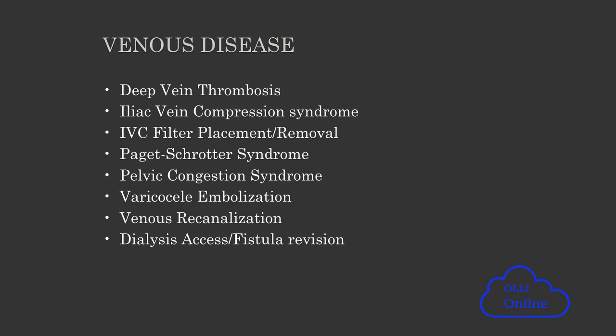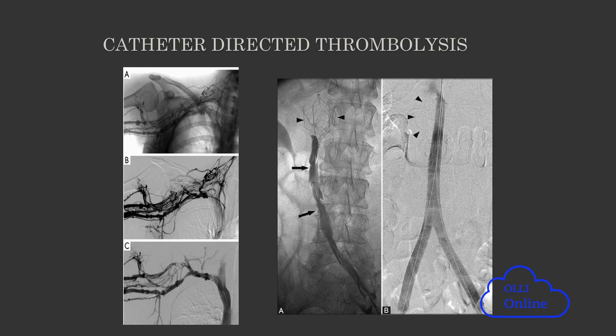We do lots of stuff with venous disease. This is an example of something called Paget-Schroetter syndrome. So these people have compression of their vein by a rib, usually. And this is venous Paget-Schroetter disease. So they have all these collaterals, and they have no flow down into their SVC, which is the major drainer from the upper extremities. And so here you see we can get access across it, and then we balloon